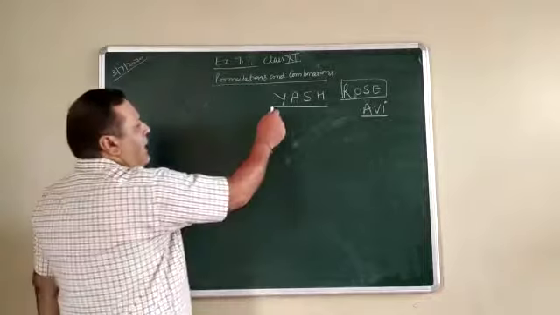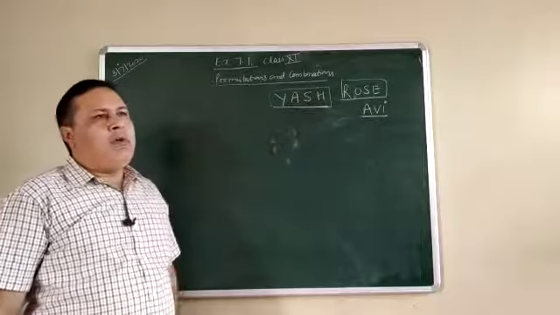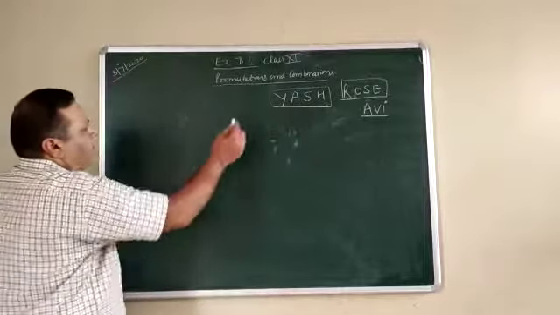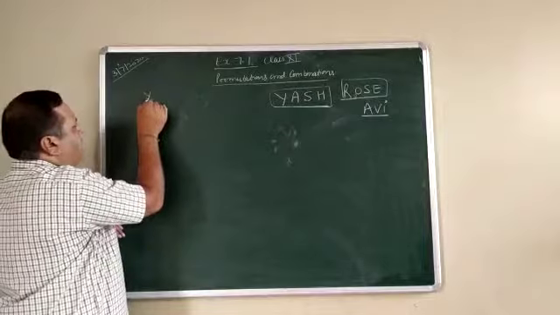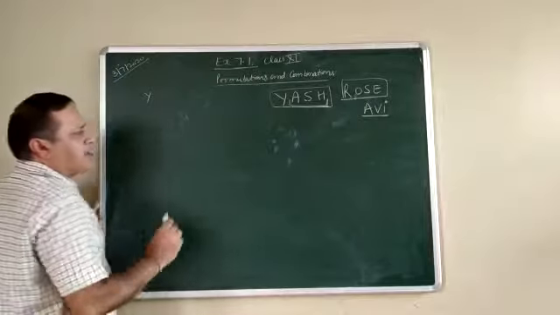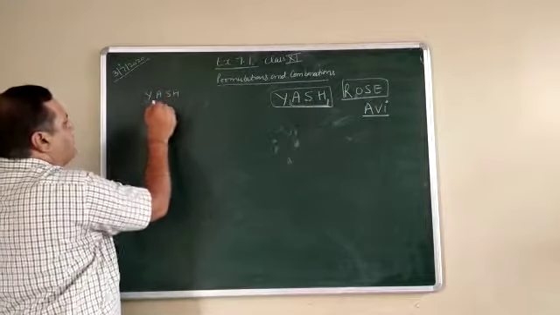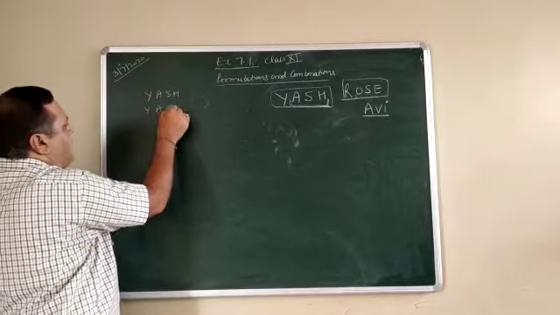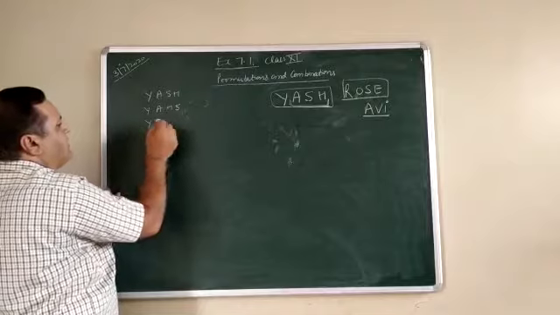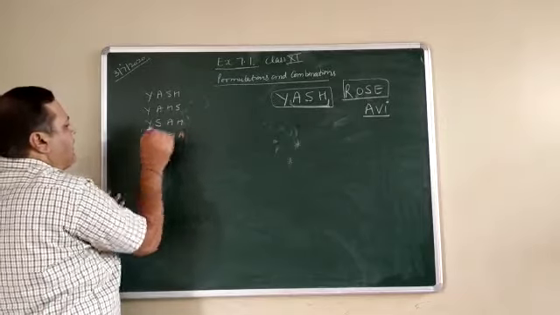If I have this name with 4 different alphabets, in how many ways can I arrange these letters to make a name? If I fix the first letter Y, then 3 letters remain, and I can rotate these 3 letters: keeping A fixed, S and H, then keeping A fixed, H and S. Now keeping Y here, in place of A it is S, then A and H, then S, H and A.